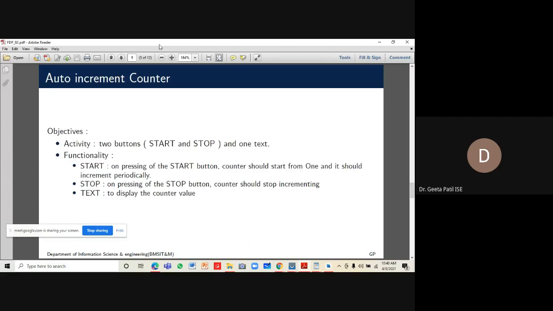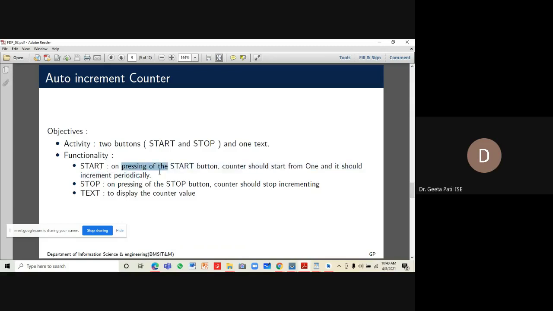Our objective is to design an activity with two buttons, start and stop, and one text field. When you press the start button, the counter should start from 1 and be incremented periodically.